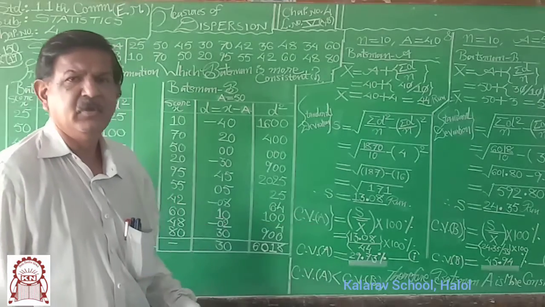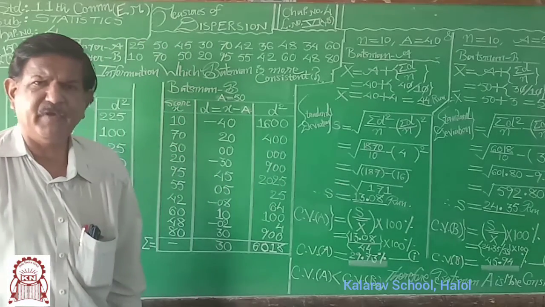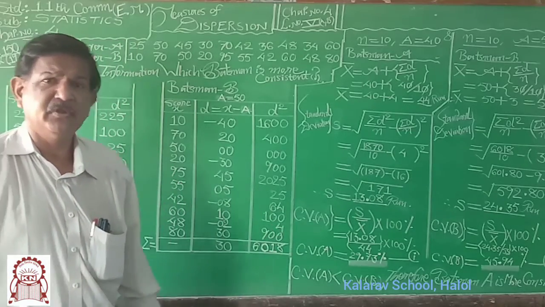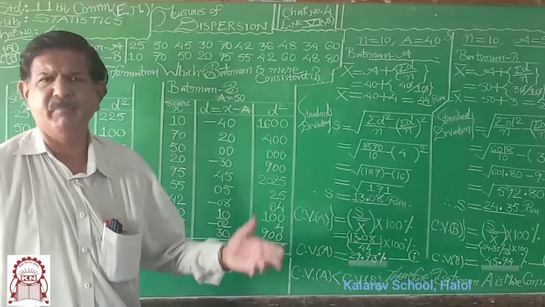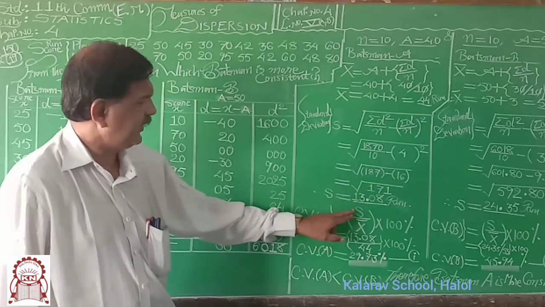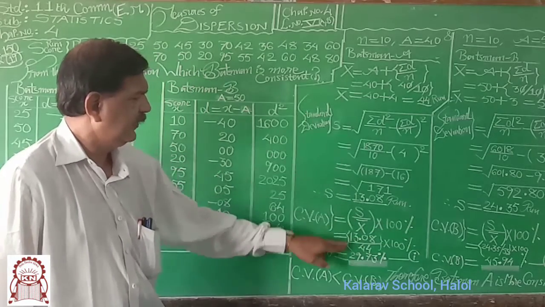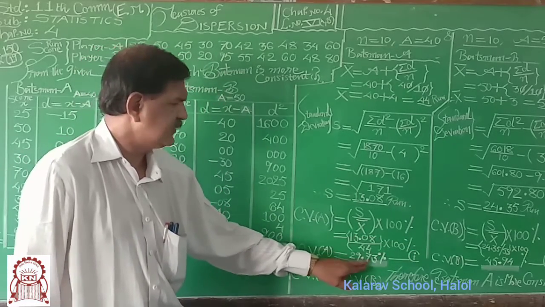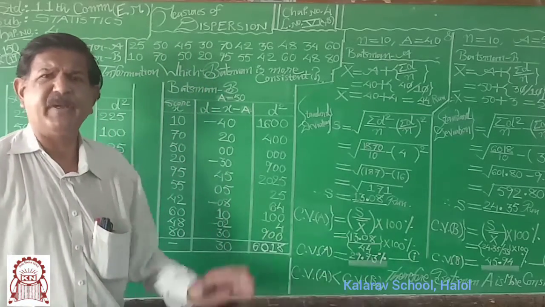Then CV of A, the coefficient of variation. With the help of CV we can conclude which batsman or which player is more consistent, more homogeneous, or more uniform. CV of A is S upon x bar, which means standard deviation upon mean into 100, measured in percentage. 13.08 upon 44 into 100, measured in percentage. Ultimately the answer becomes